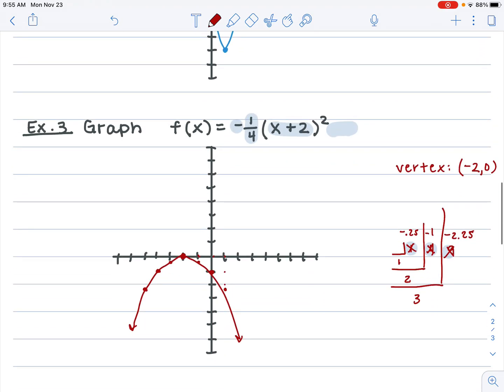So you'll notice it's a little bit wider than the previous ones we've been doing. All right, it is reflected down. All right, and it did shift over